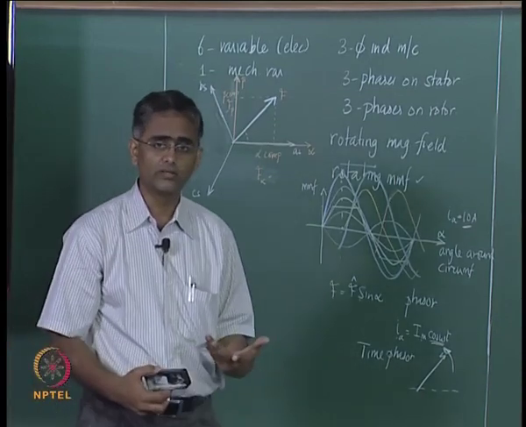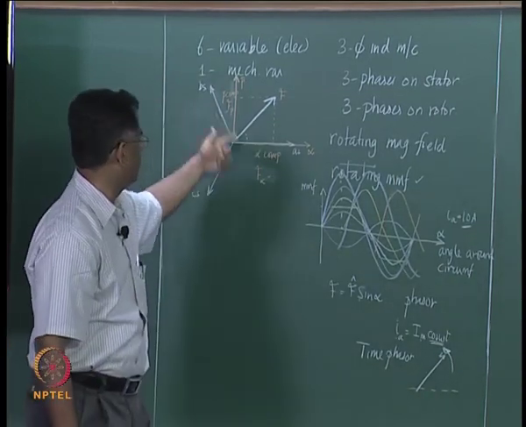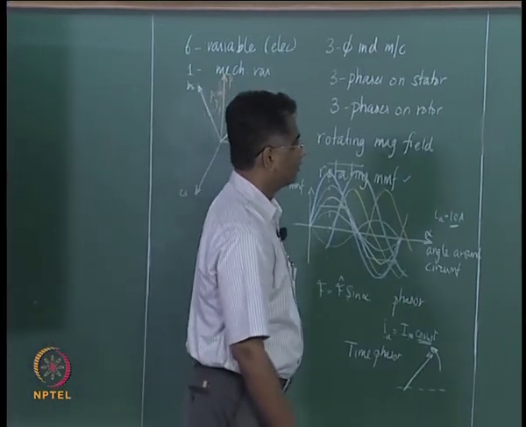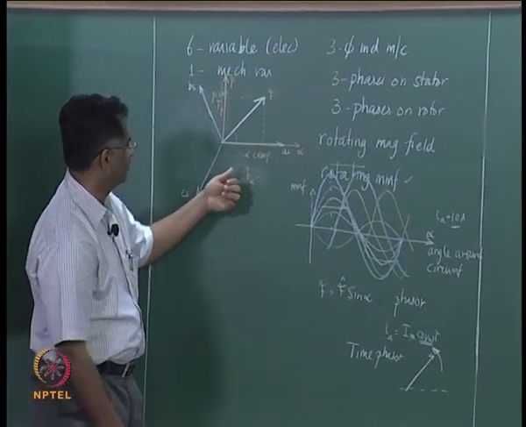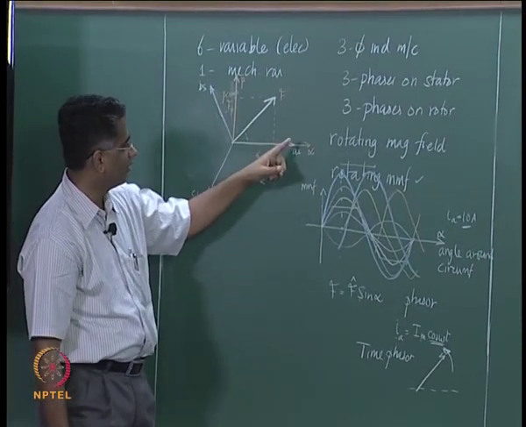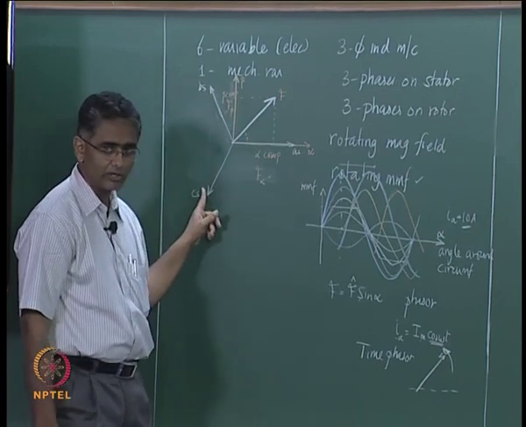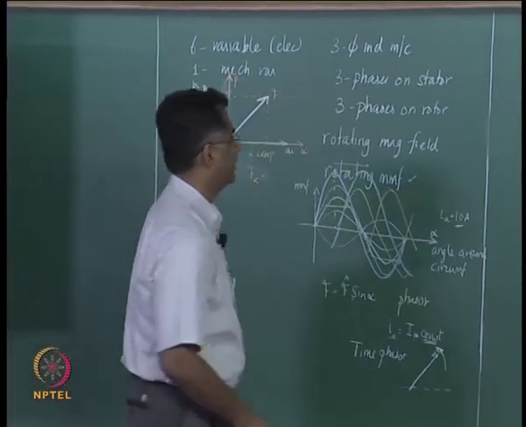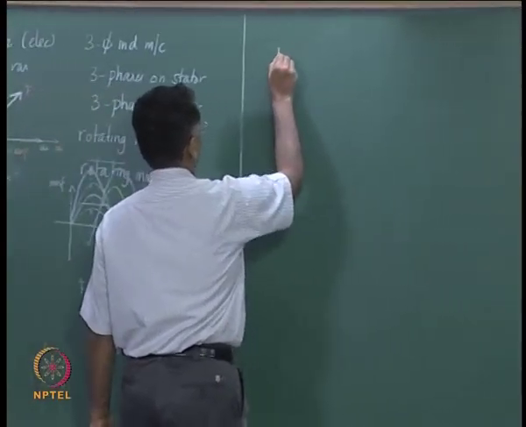So, how to get this alpha component, beta component of the MMF waveform? So, we are essentially saying that whether it is the alpha component, beta component that you are considering, or a, b, c component that you are considering, the net MMF should always be the same, which means that the number